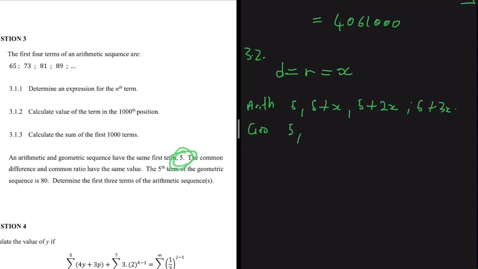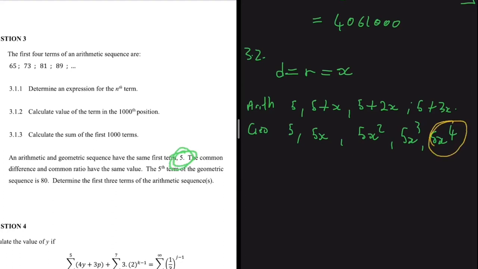And then the second term, we know full well that the formula is ar to the n minus 1, right? So for the second term, we're going to have 5x. And then for the third term, we have 5x squared. We have 5x to the 3. And the fifth term, we have 5x to the 4. And so on, right? And then we are told that the fifth term, 5x to the 4 of the geometric sequence